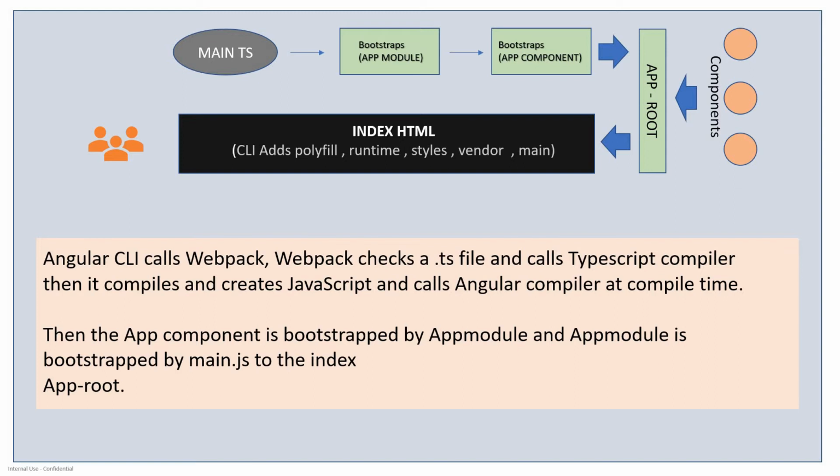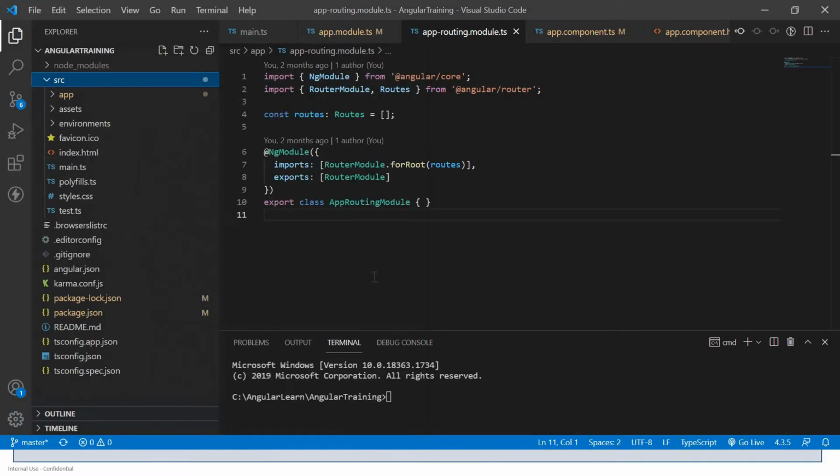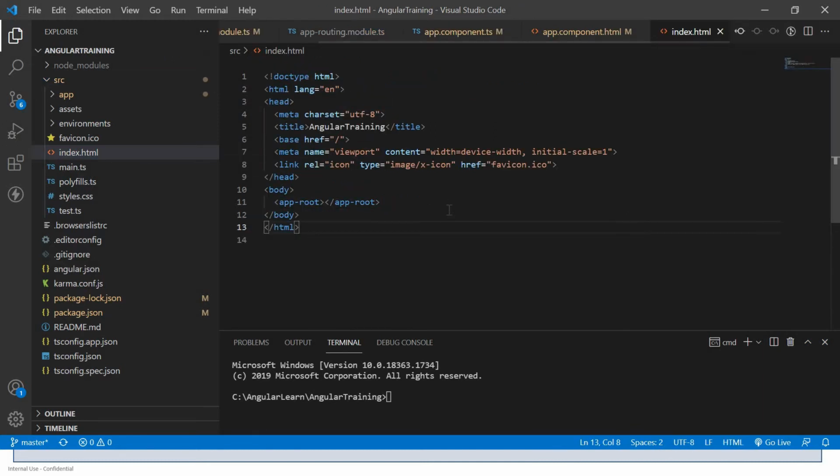The first thing that comes into the picture is that the CLI adds the polyfills, runtime, styles, vendor, and main. These are JavaScript files that the CLI is going to add. We'll see how it is happening in the code. Let's see that first. I have a small sample project here. Let's open the index.html.